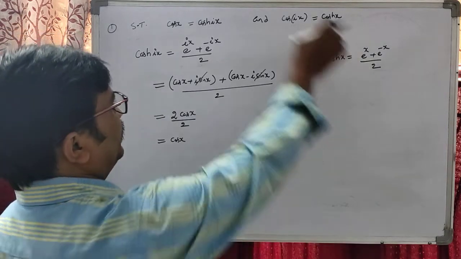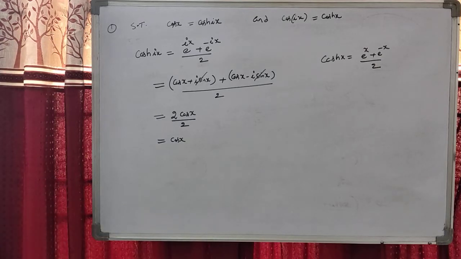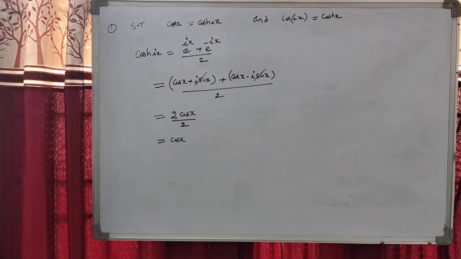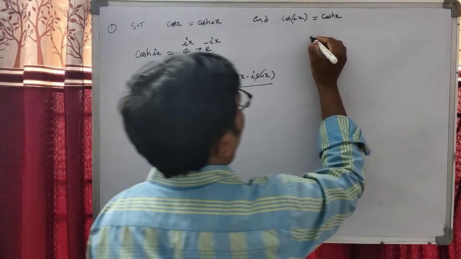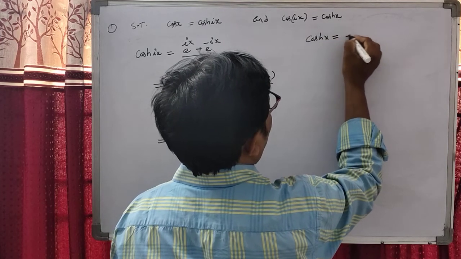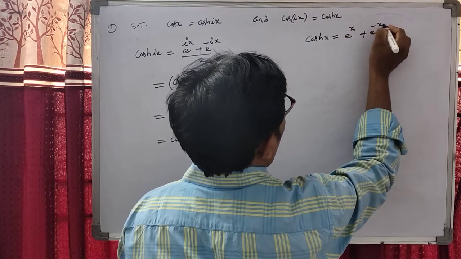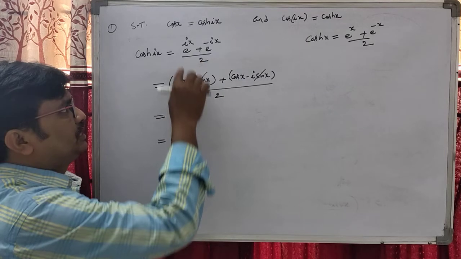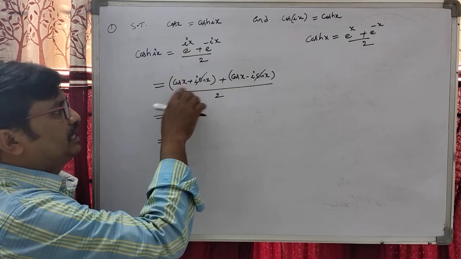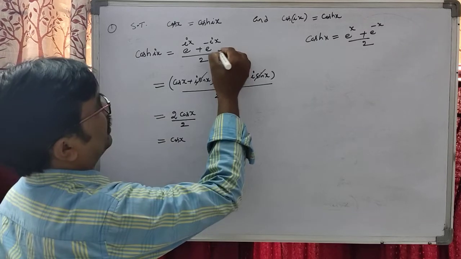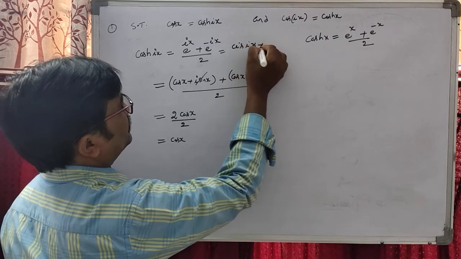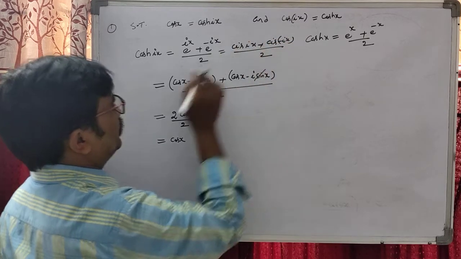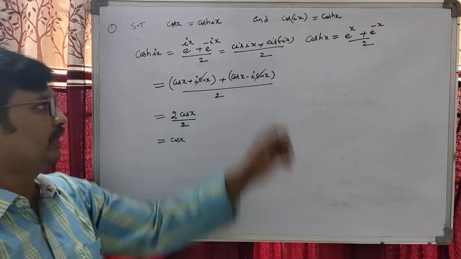Now students, the other one is cosh x equal to cos of ix. How to prove this? Everybody knows that cosh x is e power x plus e power minus x by 2. So my dear students, e power i theta is cis theta, which is cos theta plus i sin theta. You can write this as cis of ix, and this as cis of minus ix, whole by 2. Cos x plus i sin x, and this is cos x minus i sin x.